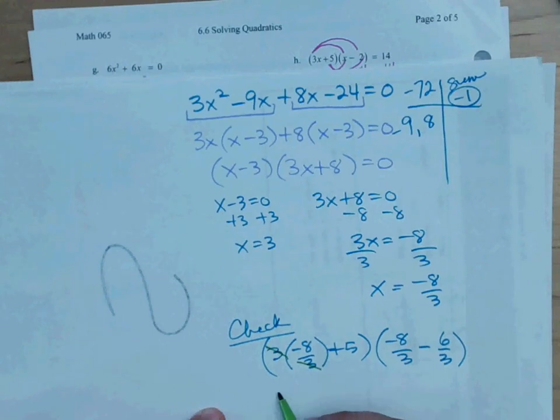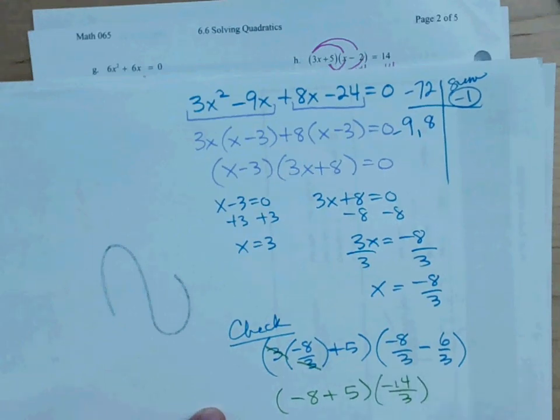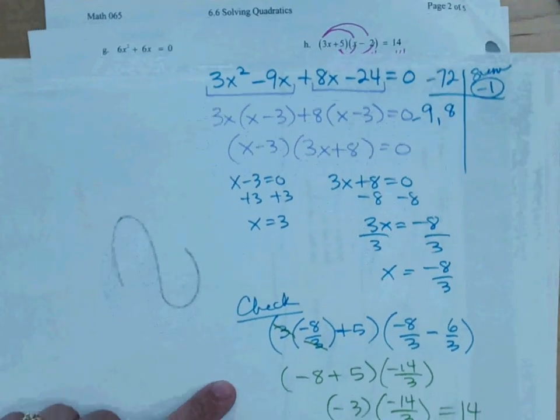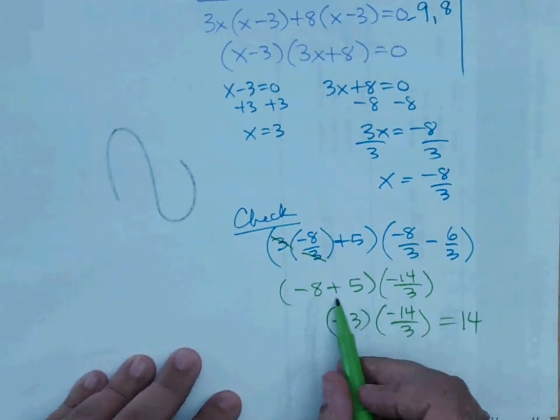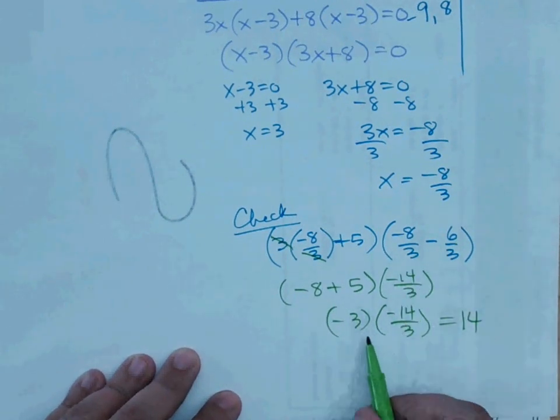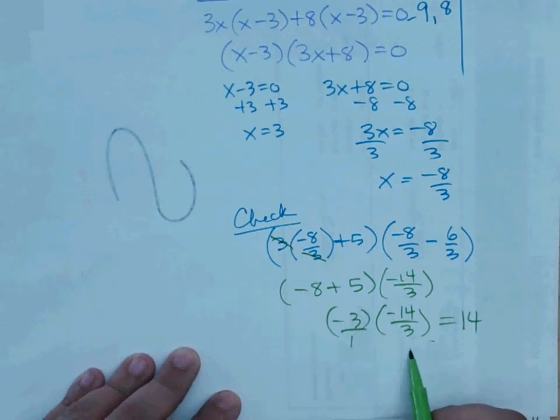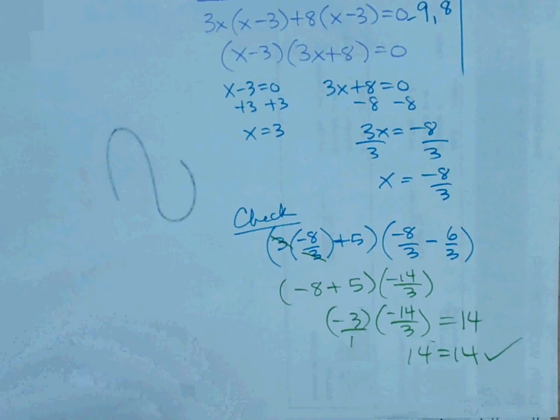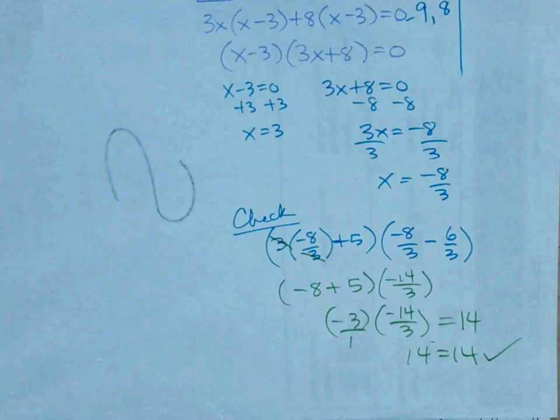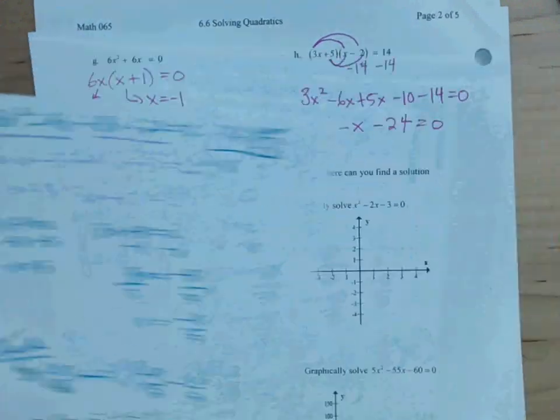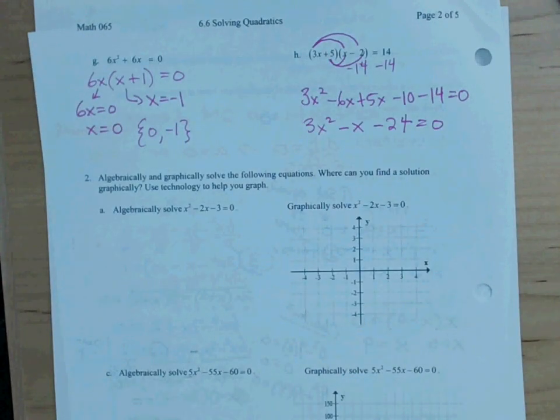So that cross cancels. Here we get negative 8 plus 5. Here we get negative 14/3. Negative 8 plus 5 is negative 3, times negative 14/3. Does that equal 14? Yes. Oops, I wasn't even on the page. Sorry. So that simplified to negative 3. This simplified negative 14/3. Cross cancel, and you get 14 equals 14. So it worked out. You can also plug in the positive 3, and it should also give you the same result. Okay, this is way too long, so we're going to stop before we